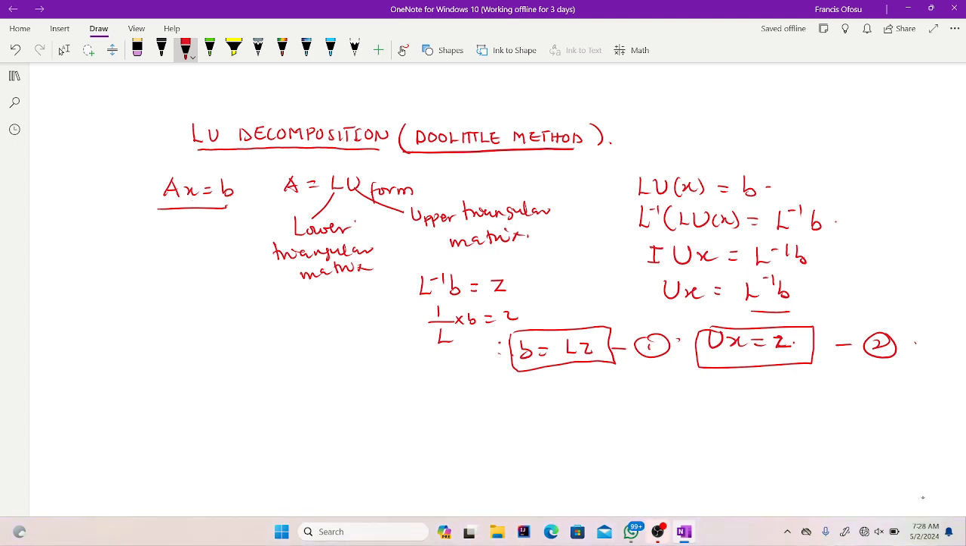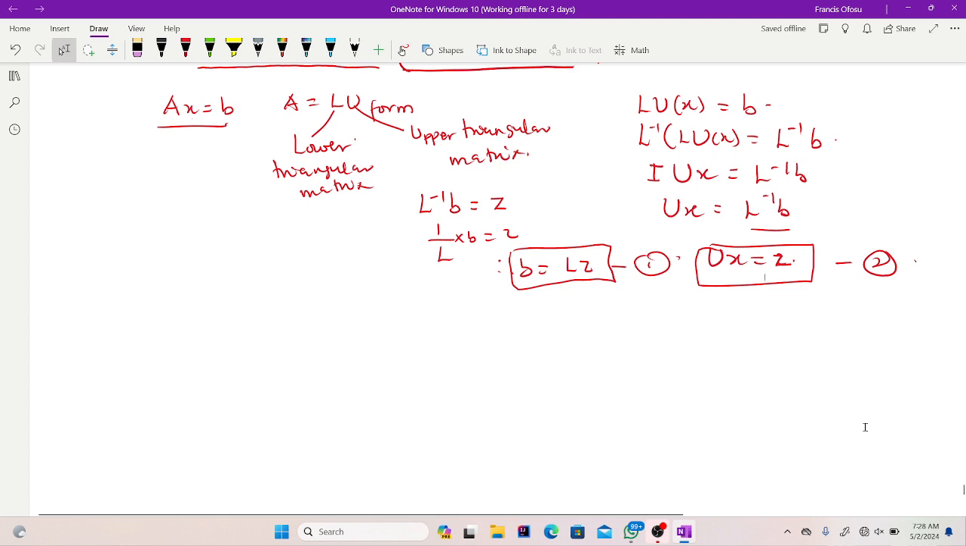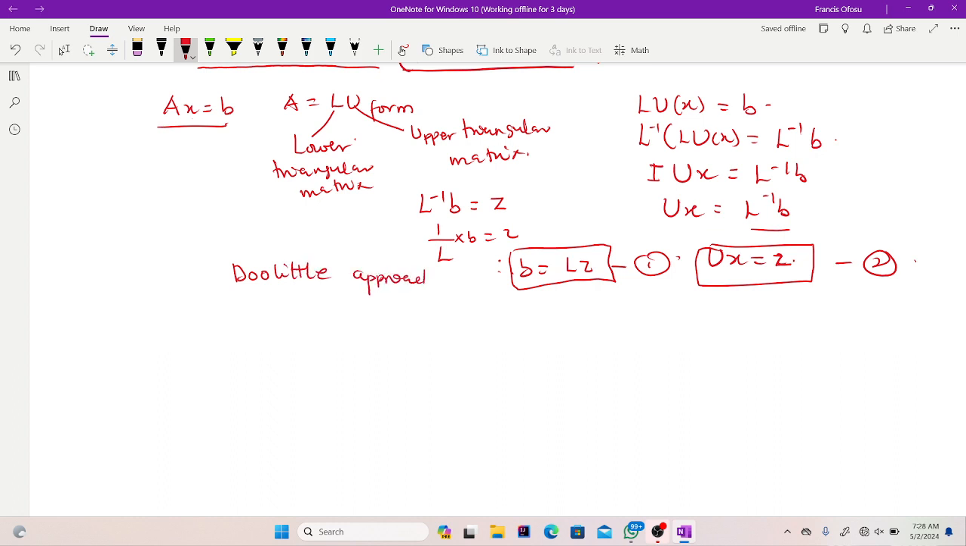So knowing how to use the LU decomposition to solve for x, let's get straight to how we can decompose A into the LU form. And in this manner, we are using the Doolittle approach. With the Doolittle approach, you first decompose A into a unit lower triangular matrix,